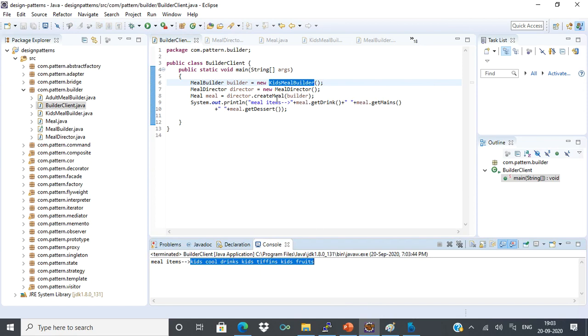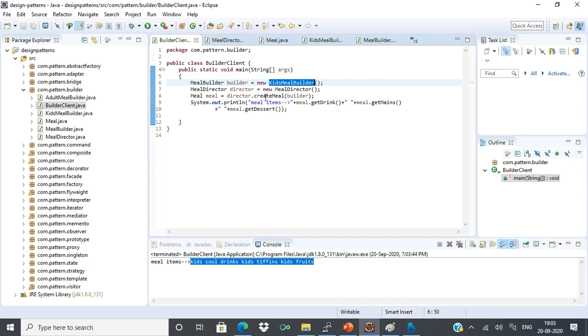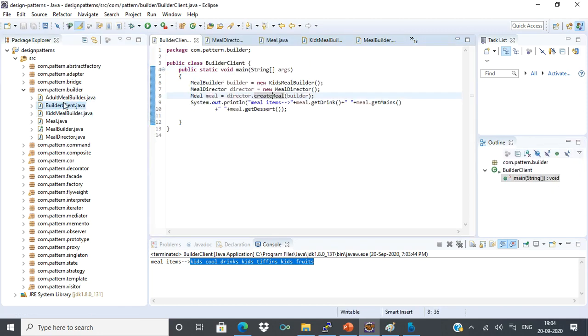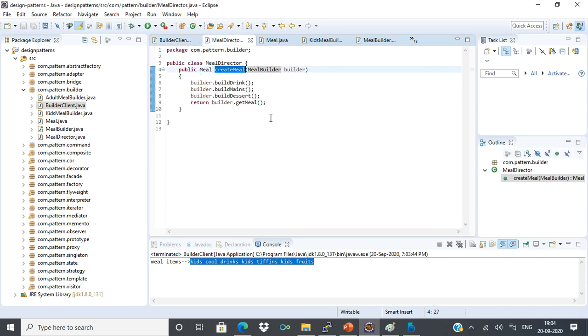So how does it happen? An object is created here. Now the director will actually initiate; the director is like a driver. Here it takes a meal builder, which is a super class. At runtime, this will point to the actual object that is created. In the client program, I have given a kids meal builder object, so now the meal builder is pointing to the kids meal builder object.